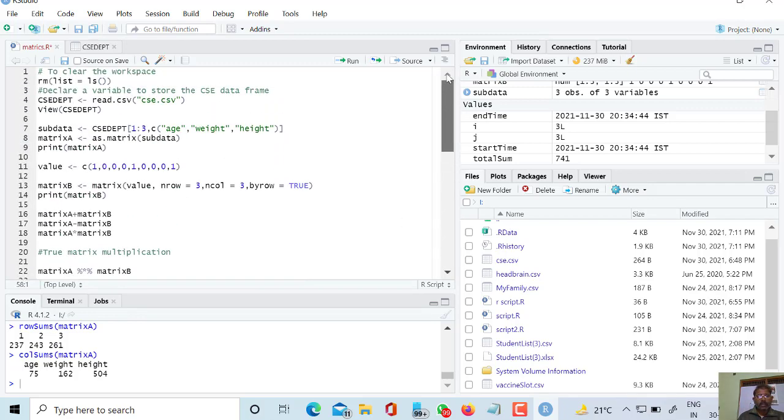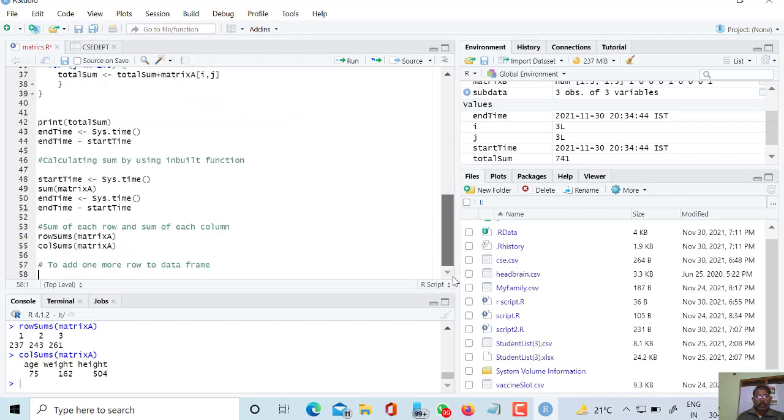Name of my data frame is CSE department. So CSE department I have written here, and here I will use rbind function. So rbind function is responsible for adding a new row to our data frame. Sometimes we have to add a new row to our data frame, and therefore in that case this function will be efficient.